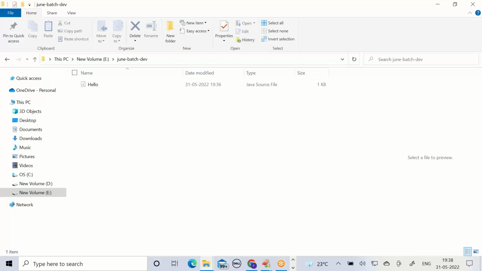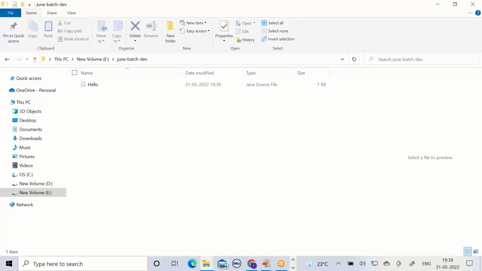Our Java file is saved in the June batch DEV, in the E drive. The javac command is available in the D drive softwares folder, but we updated the path environment variable. We can run the javac command from the E drive also. Yes or no?